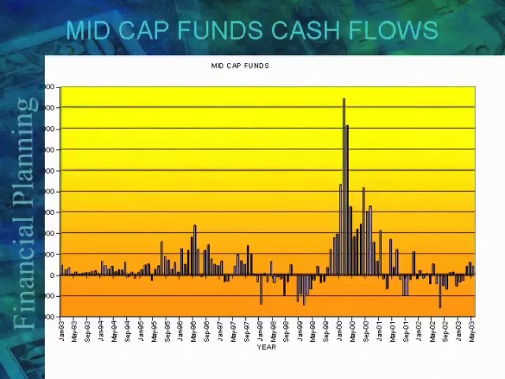Mid cap fund. This one is a strange one because you can see most of the money is going in after the large caps and the small caps have known to have crashed. Now people are buying mid caps because they're saying, well, no one bought mid caps till now. It was all large and small caps. Maybe we can make some extra money in mid caps. So all the money went into it. Even that started crashing at that point.